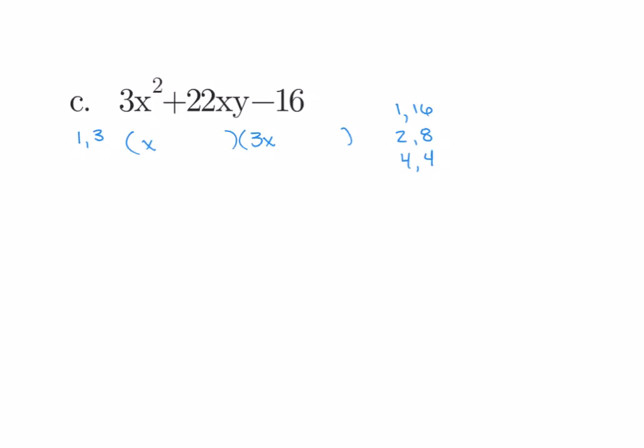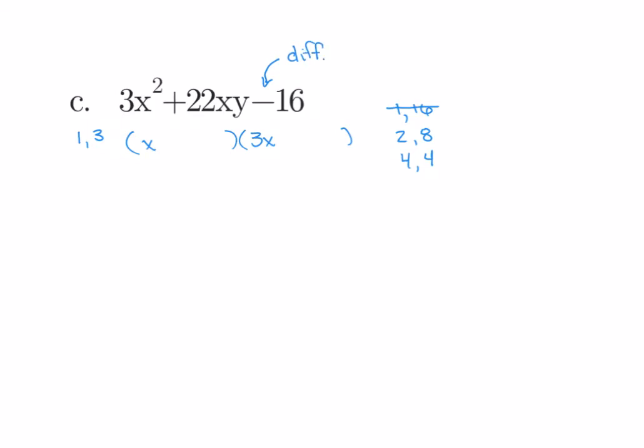All right, let's see what we got here. 22 is an even number. That means I can go ahead and get rid of the 1 and 16. I need a pair of even numbers in order to get to 22. All right, so which one do I want to work with? Do I consider 22 large or small? Well, for this problem, I consider 22 to be large,